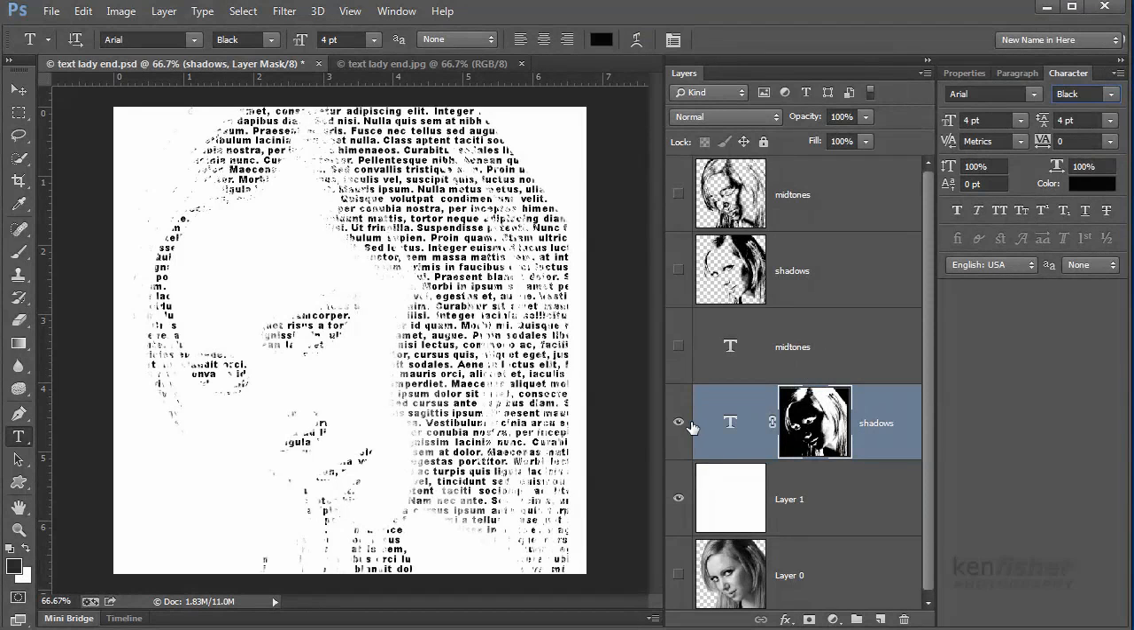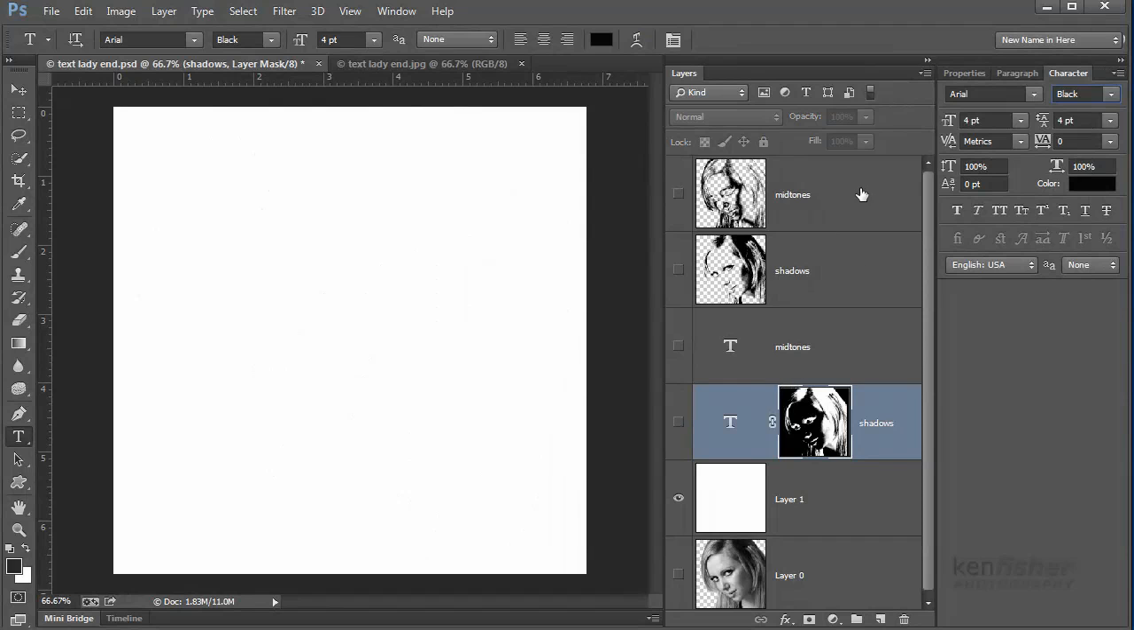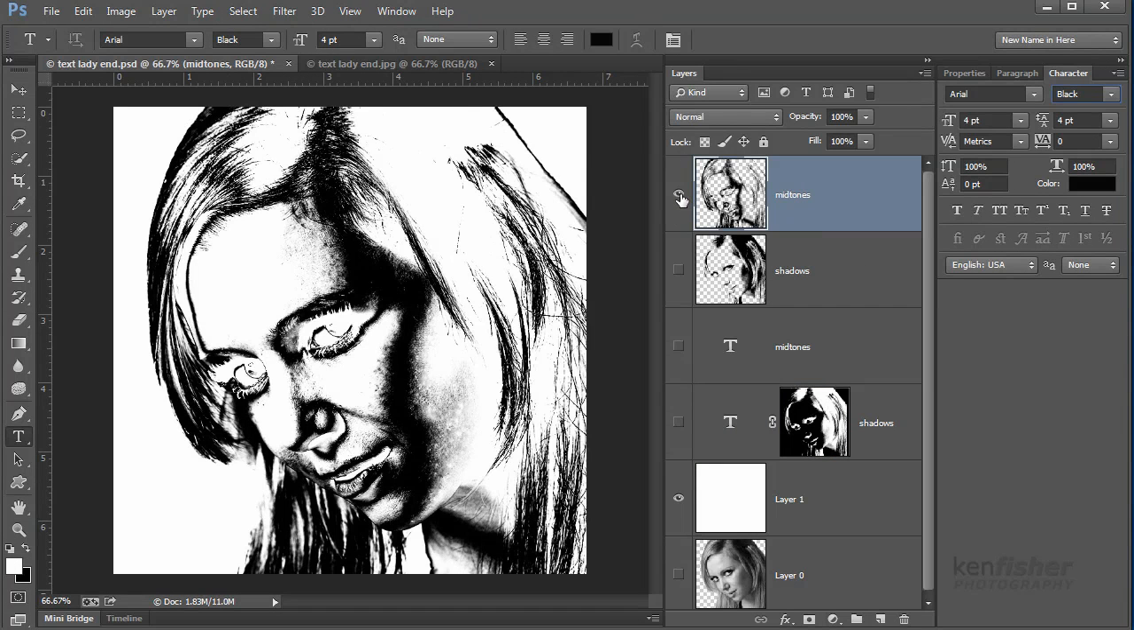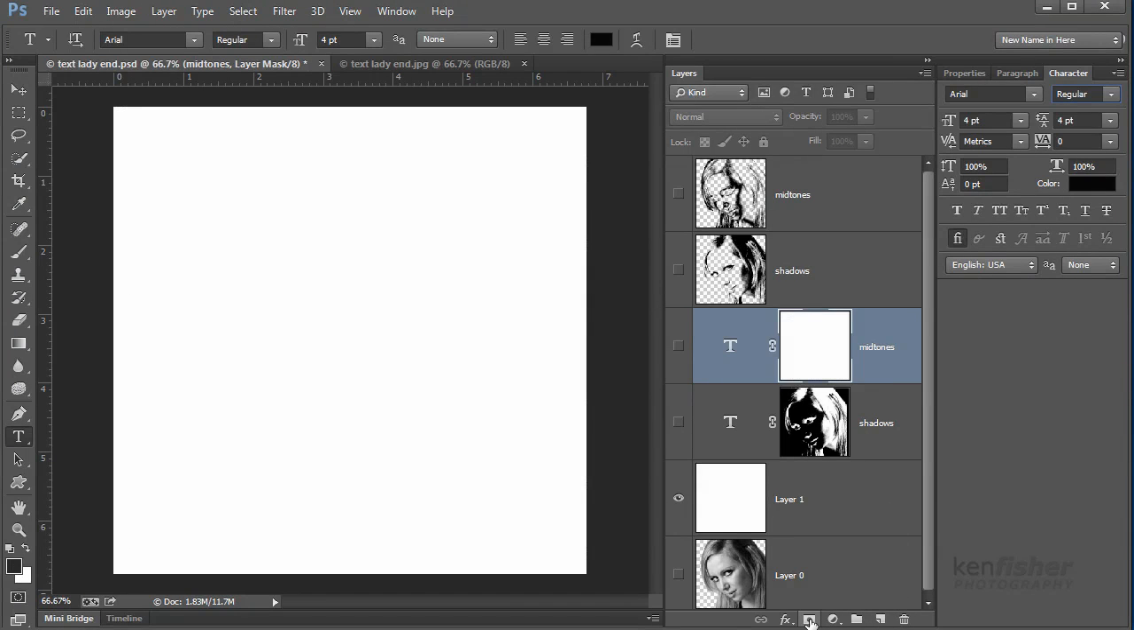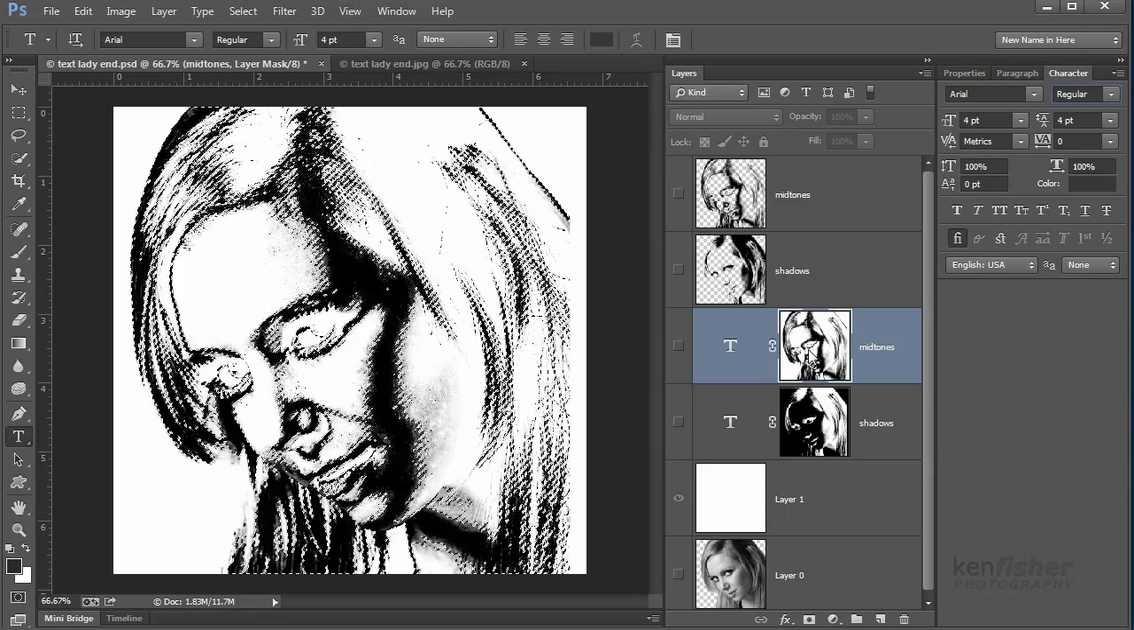Right, same for the midtones. I'll just switch that off. So we're going to go up to the midtones. I'm going to switch on the visibility eye for that. I'm going to press Control and A, Control and C to copy to the clipboard. Switch that off. Come back down to our midtones text layer. We're going to put a layer mask on. We're going to press Alt and click to select the layer mask, and then we're going to press Control and V to paste in those pixels, and then Control and D to deselect because we don't need the marching ants